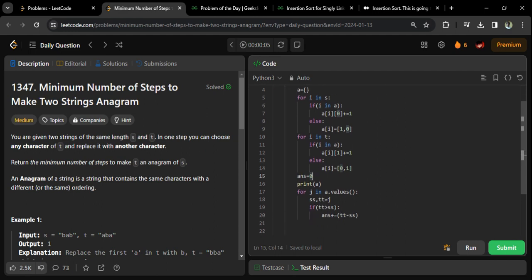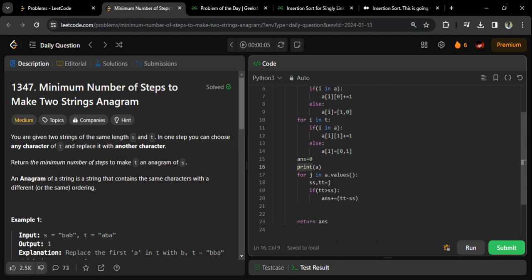I'm declaring answer here, and this print is actually to show you. Then I'm going through the values in A. J is the value in A. As you know, for every value in A, it will have two components. One which will show the count in S, and one which will show the count in T. So I have marked it as double S and double T. They are basically counts of the character in A in each of those S